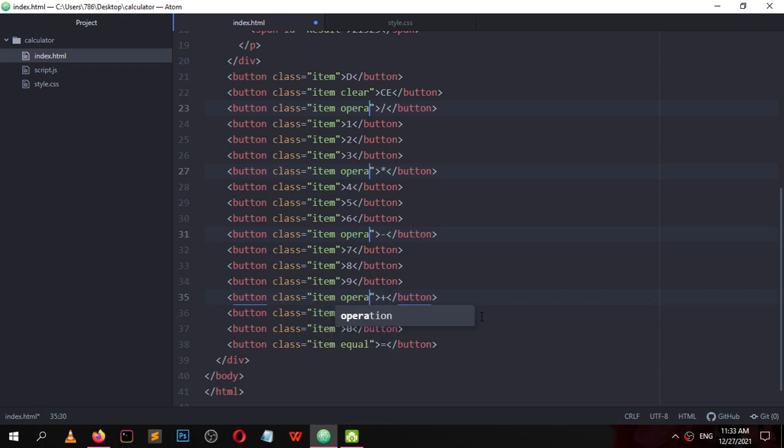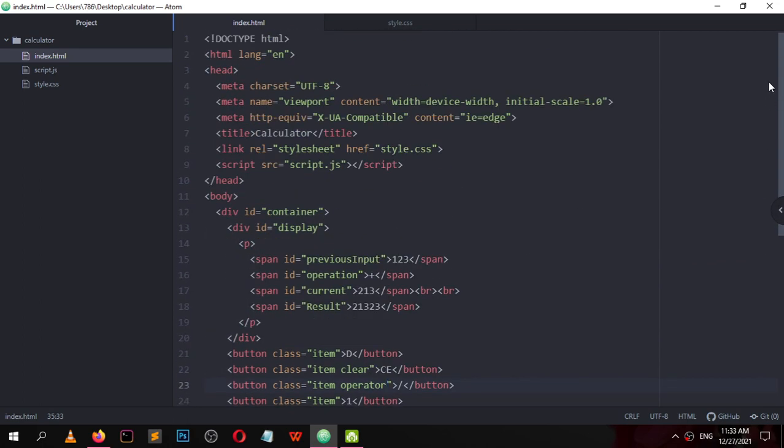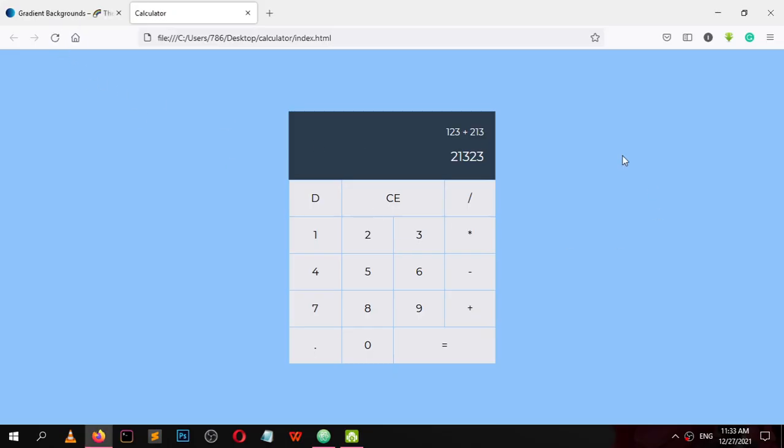And save. Nothing changes. Now it's time to build the code, the JavaScript code.